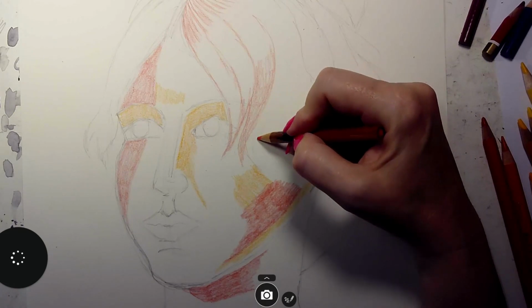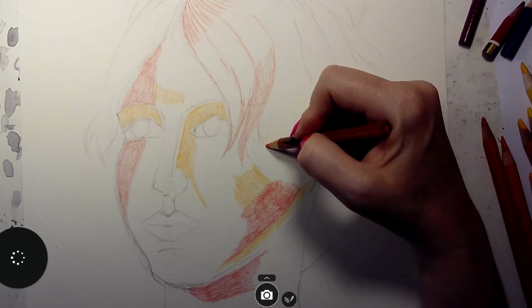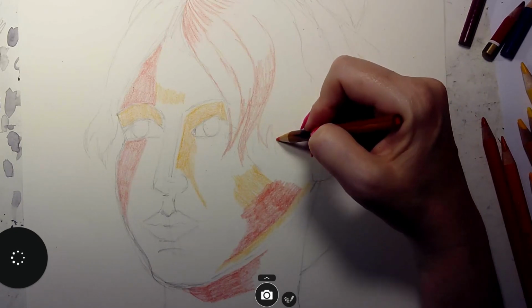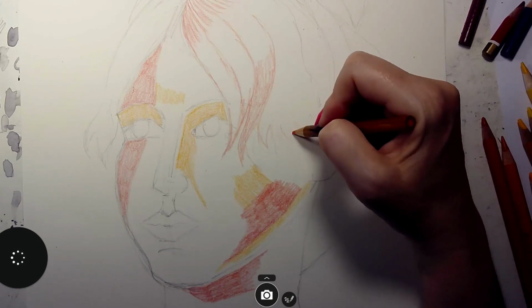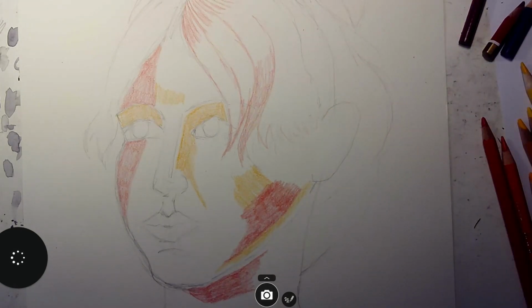And this gets a little shorter right here. Again, remember you're always erasing and revising. Just trying to make sure everything's in the right place